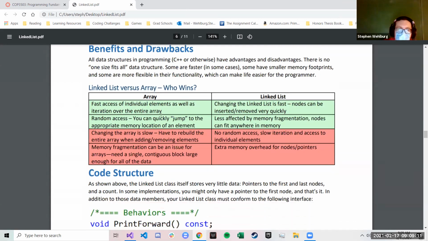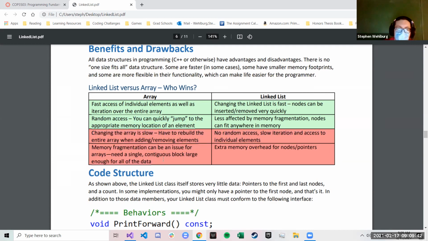Oh yeah, benefits versus drawbacks of arrays and linked lists. So arrays have super fast access because you don't need to go through each element to find the next one. You just add a number to the pointer, and that's how memory addresses work. You go forward to that memory address and get the information. So it's fast access, and you can get random access quickly, true for all elements. Arrays are just really good at accessing, and anything to do with changing an array is a problem, because they have to